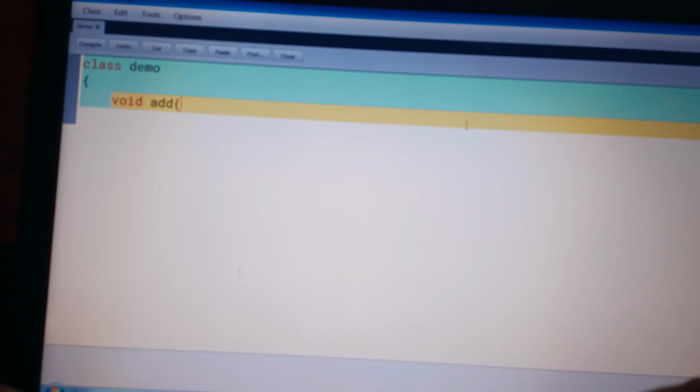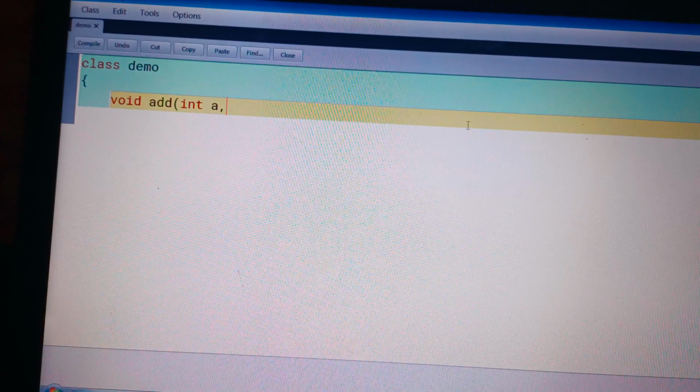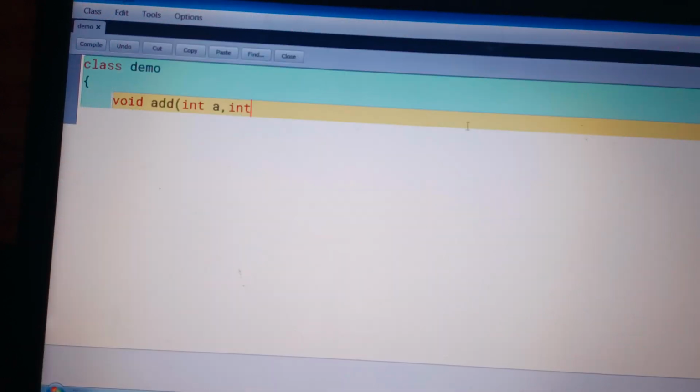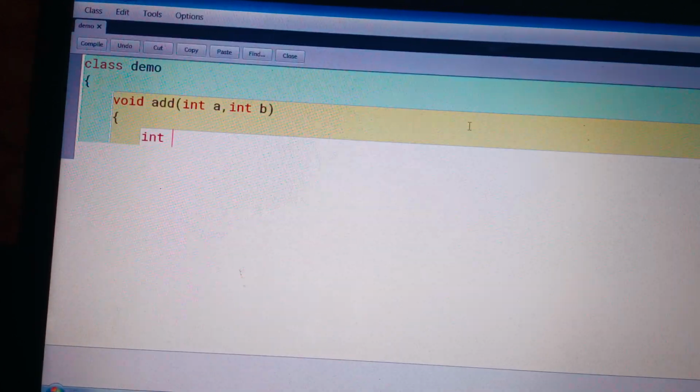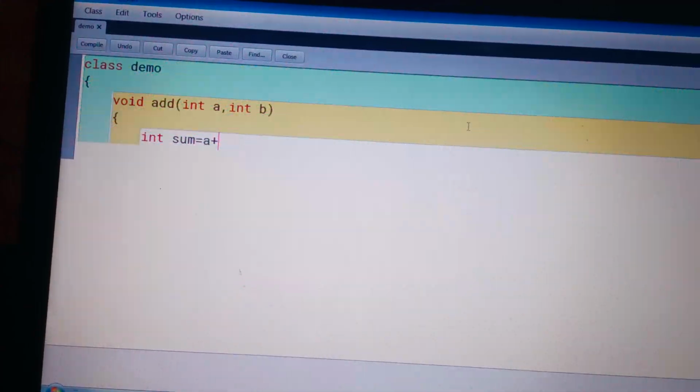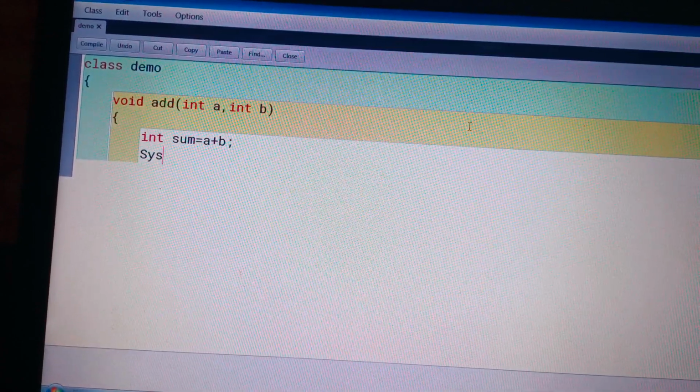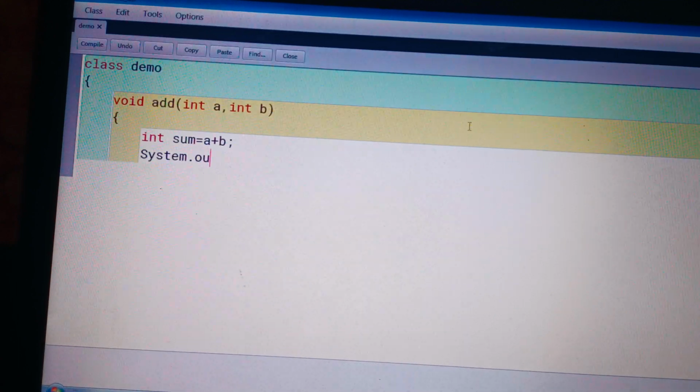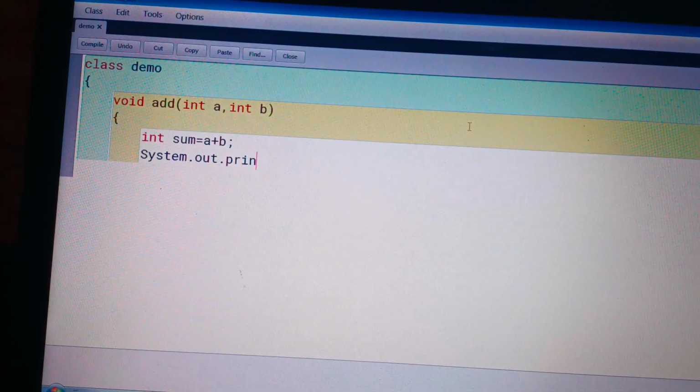Okay. In this method I am passing two parameters, int a, int b, and in this function we perform the addition of these two numbers. So simple: int sum is equals to a plus b, and print the value of sum using system dot out dot println.